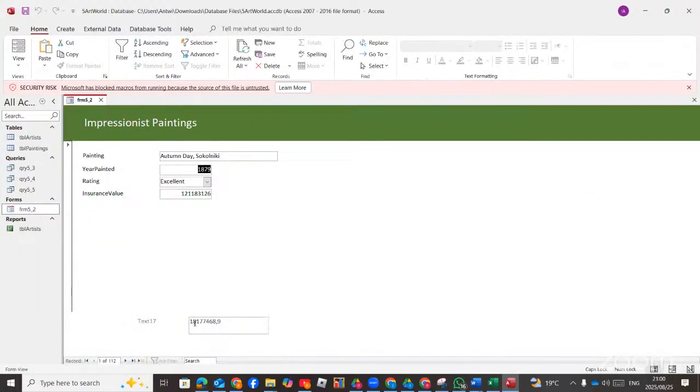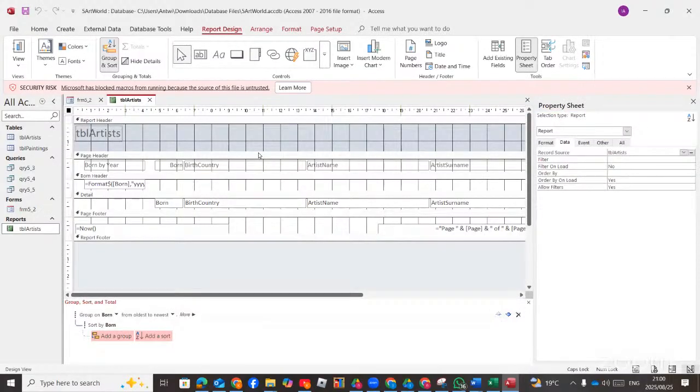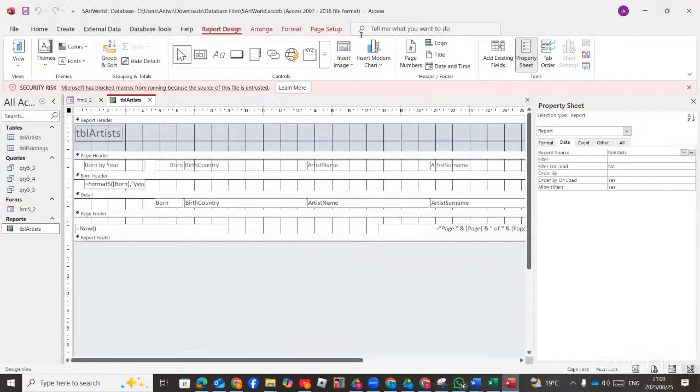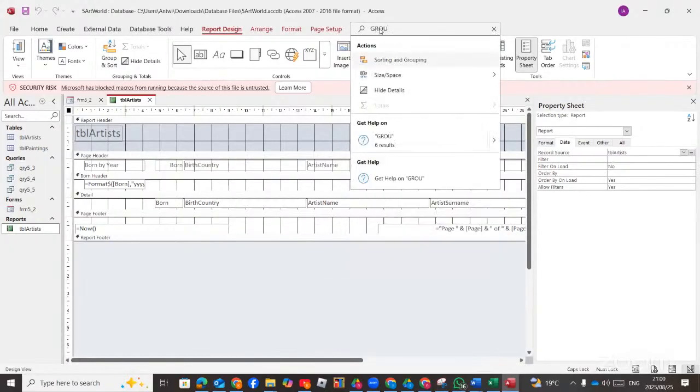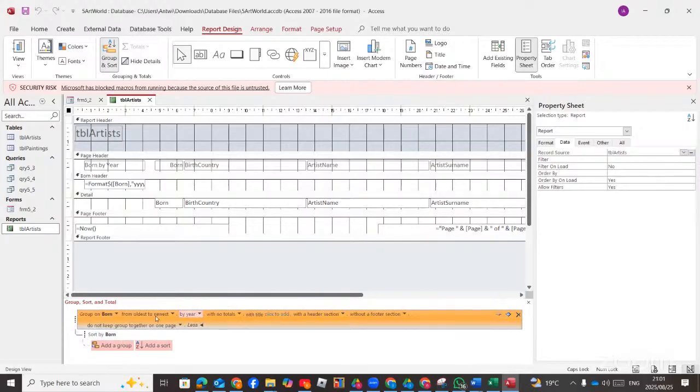You see it here. Now, finally, we move straight to report. Regarding the report, calculations, grouping. Now, when they say grouping, you go to group and sort. If it is not there, then watch out for this. When it's group, you must watch out for this. You go to more. We have grouping by,